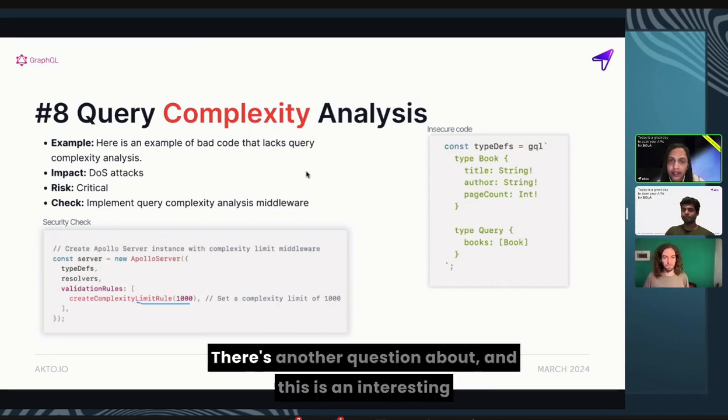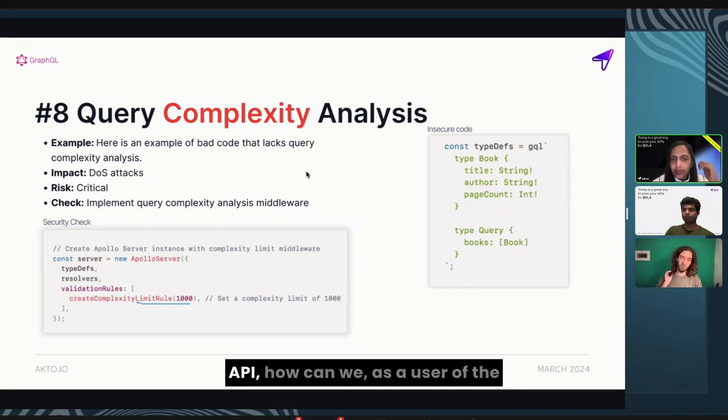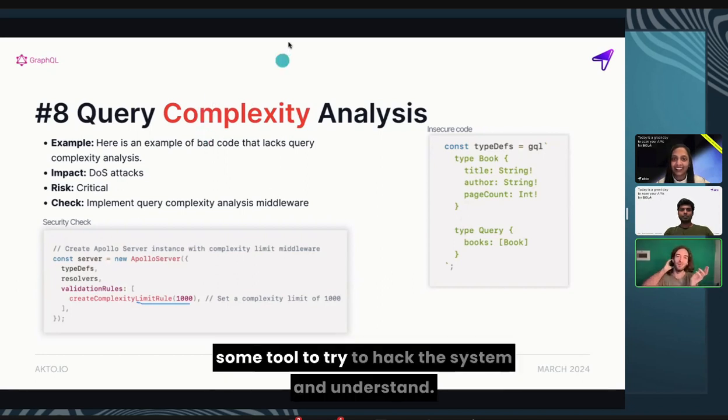Got it. There's another question about, and this is an interesting one. So if you're using a public GraphQL API, how can we, as a user of the API, see that our data is secured? So this is not from a developer. The user? Yeah, as a user, it's probably hard. I think it's hard. I guess what you can do is try to use some tool to try to hack the system and